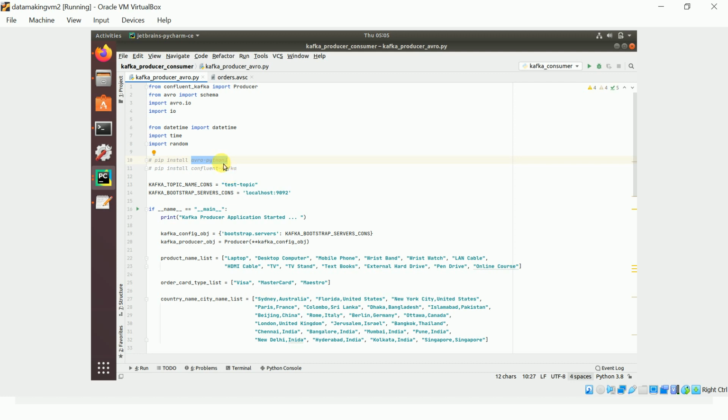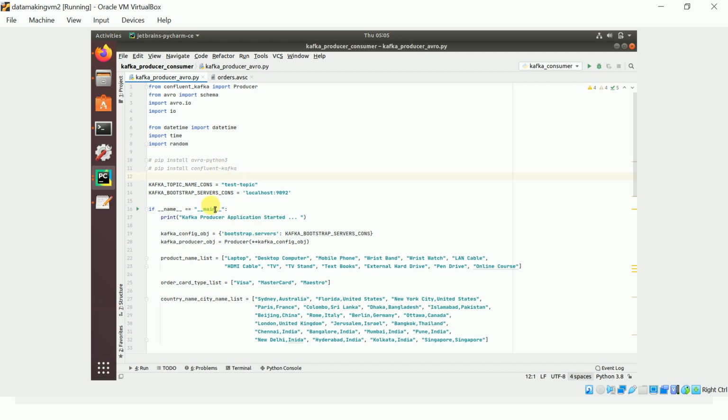For that serialization, I need to import the Avro package, which is part of the Python package avro-python3. So you need to use pip install avro-python3, and I'm going to use the Confluent-based Kafka package for sending an Avro message into the Kafka topic.